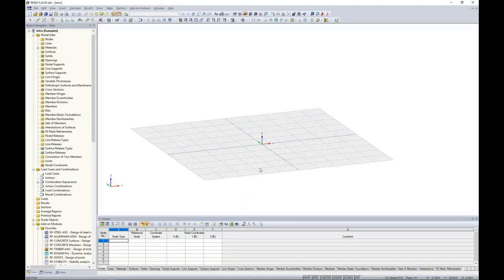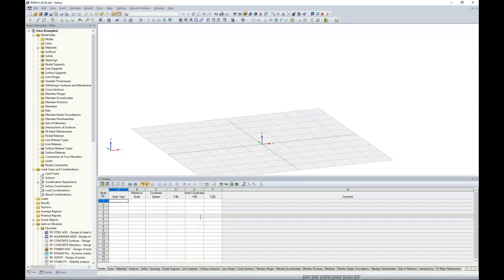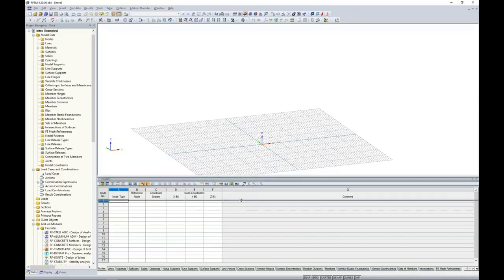As we begin to generate this model, of course, we'll be doing so within this main window. We do have the tables to work with down at the bottom. Now, what's beneficial about here is if you prefer to not draw in members and nodes, you can do so within the table. You also can import directly from Microsoft Excel. So perhaps you have all of the nodes specified in a spreadsheet type format in Excel. You can, at the click of a button, import those into RFEM, and everything will be automatically generated in our